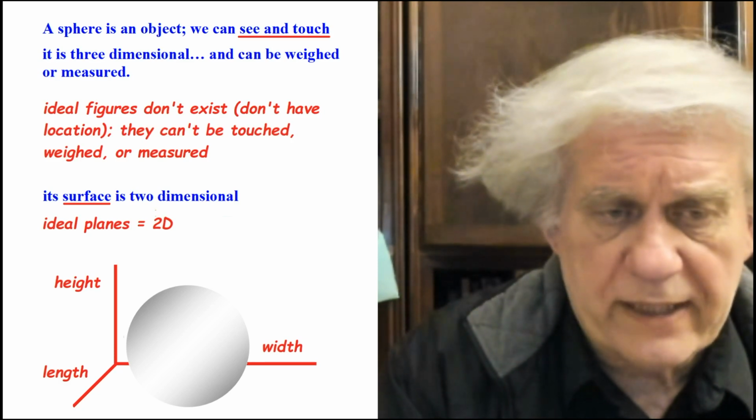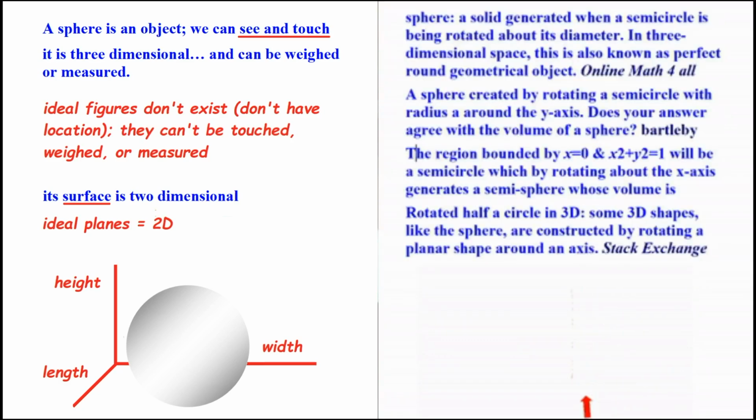But see, we got another issue here, and that's this. According to mathematical physics, which is what I discussed last time, a sphere is what? It's the twirling of an itinerary. You do an itinerary, which is known as a circle, which is just a bunch of locations. You cut that circular itinerary in half and you have what is known as a semicircle. Then you twirl that semicircle, which is just a bunch of locations, and that's known as a sphere according to all those sources that you see there. I discussed that last week, so you can check on that.